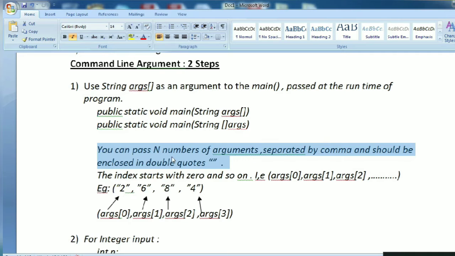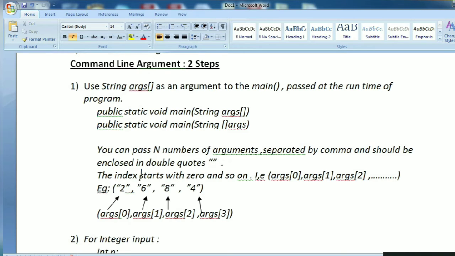It means n number of values you can pass through this main function, this String args, separated by comma. The values should be separated by comma and enclosed in double quotes, because this is a string array, and we treat strings in Java with double quotes. So it is mandatory to use double quotes in your values.